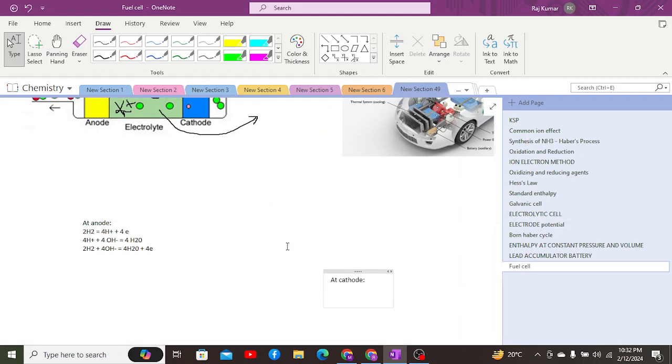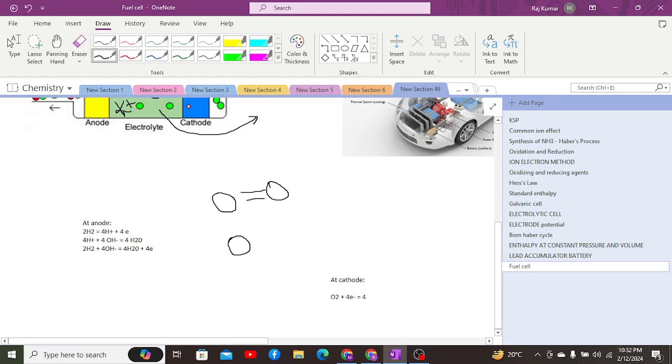And on the other hand, when electrons are received by the cathode, at the cathode we have oxygen. Let's suppose oxygen has received those four electrons. We know that the structure of the oxygen molecule has a double bond, and when we give it four electrons, the oxygen tends to break its double bond, because they get some sort of reward, due to which they tend to break their bond,